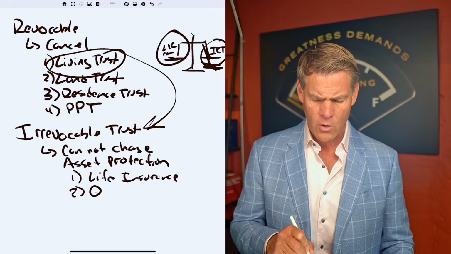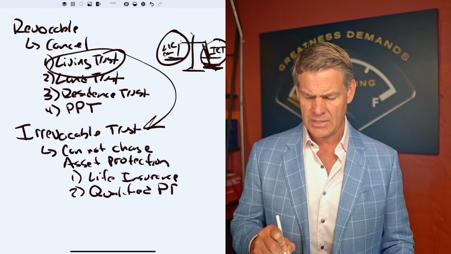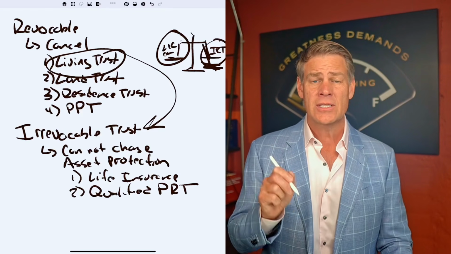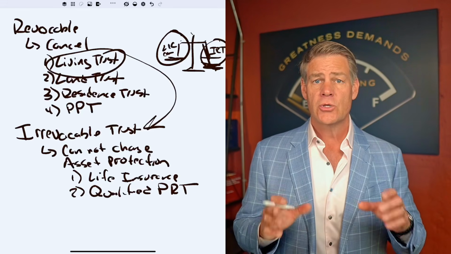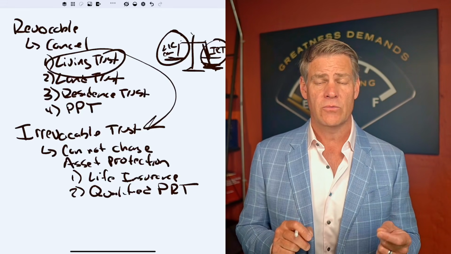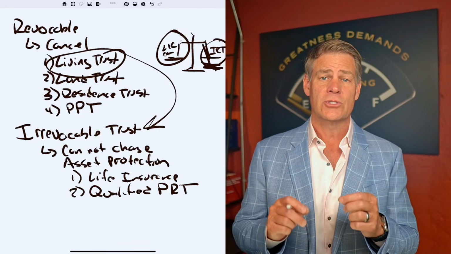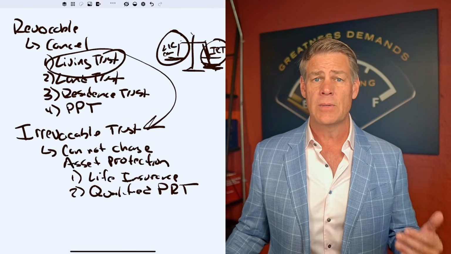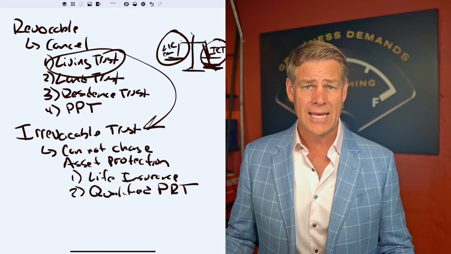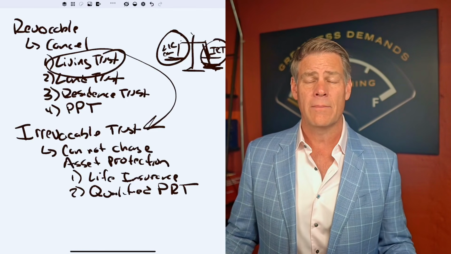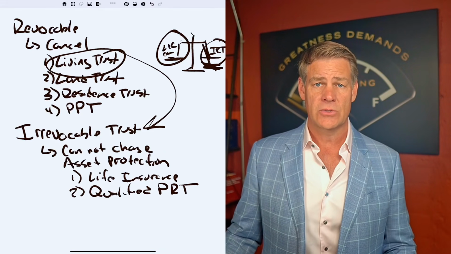Another one might be a qualified personal residence trust, or QPRT. Now that's different than the residence trust I'm talking about up above, which is a revocable trust. So you can create a residence trust that is irrevocable. However, there are some requirements that go with that many times people cannot satisfy, namely that the house has to be free of a mortgage. It cannot have any mortgage on it, or it makes this strategy difficult to implement. And again, this is another estate planning strategy.